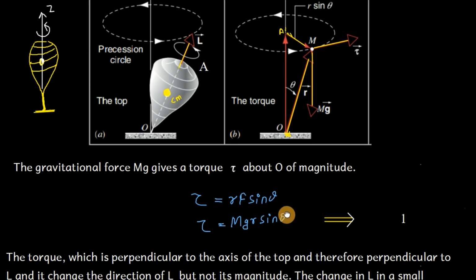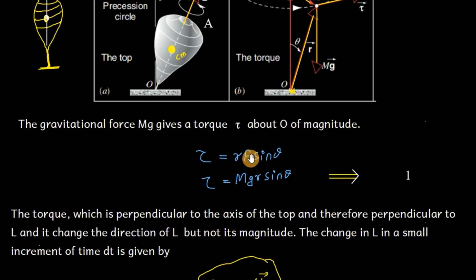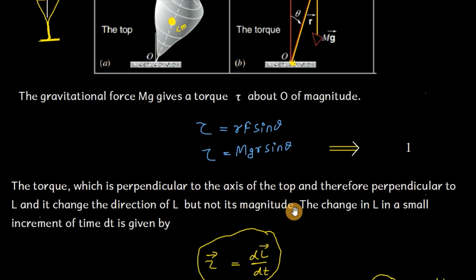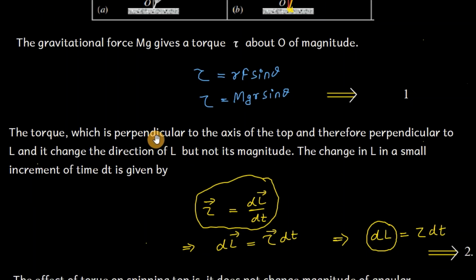That is tau equal to r F sin theta, but here F is the weight of the spinning top, meaning F equal to mg, so the torque acting on the spinning top is tau equal to mg r sin theta, and this tau rotates the spinning top around this z axis in the form of precessional velocity omega p. Now the torque is perpendicular to the axis of the top and therefore perpendicular to the angular momentum L, it changes the direction of L but not its magnitude. The change in angular momentum in a small increment of time dt is given by this one,